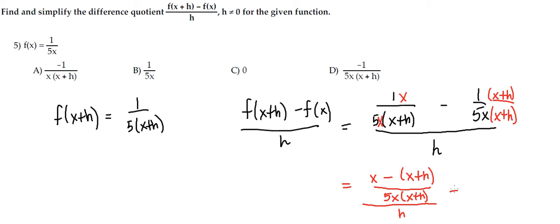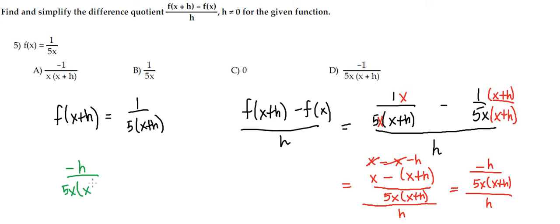So now what happens here is x minus (x plus h) is the same as x minus x minus h, right? So x minus x cancels, and I'm left with negative h over 5x(x plus h), and then we divide that by h. Alright, so now we're dividing two fractions here. So let me come back over here and I'll switch colors over here to green. So if I have negative h divided by 5x(x plus h),